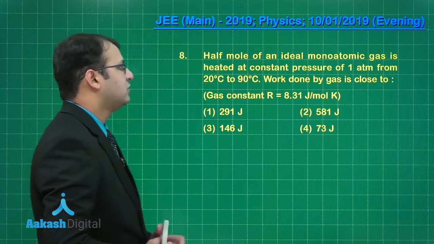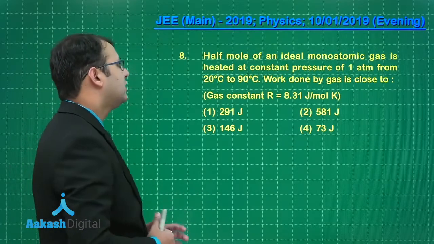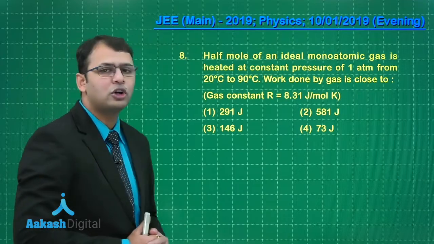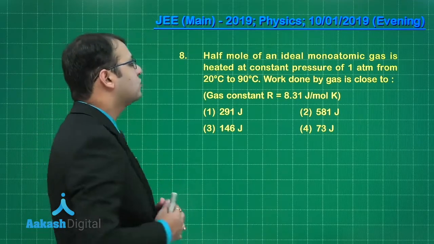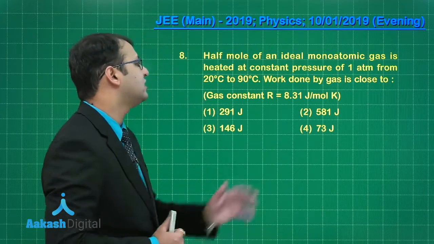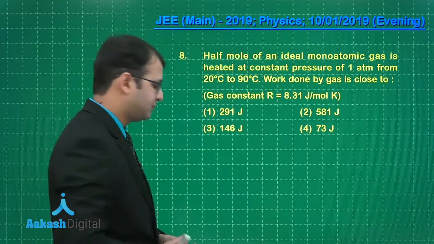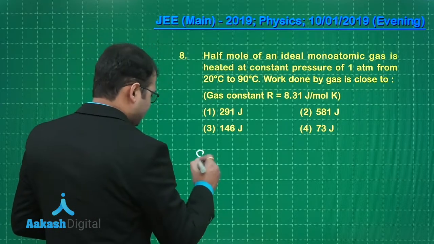Now, this question you see is from the section of heat and thermodynamics. Here, half a mole of an ideal monoatomic gas is heated at a constant pressure of 1 atmosphere from a temperature of 20 degrees centigrade to 90 degrees centigrade. We have to find the work done by the gas. Now, it's a simple formula based question